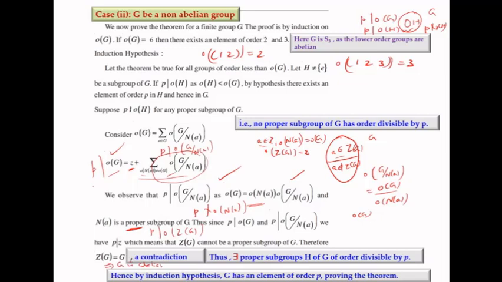Because in Z of G, all those elements which commute with all the elements, when that equals G, we have the group G to be abelian. So that's a contradiction, because we have assumed our G to be a non-abelian group. So there exist proper subgroups in G whose order is divisible by P. So definitely in that case, by the corollary to Lagrange's theorem, elements in that group will have order P, and so in G also. So by the induction hypothesis,